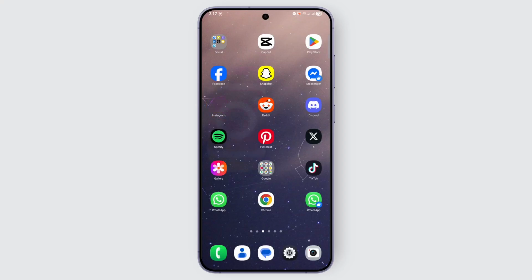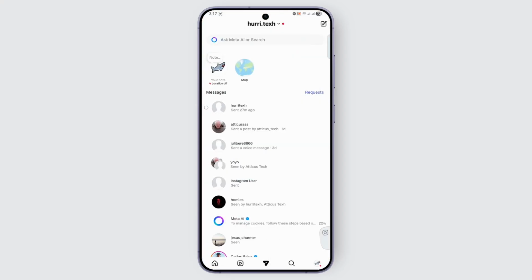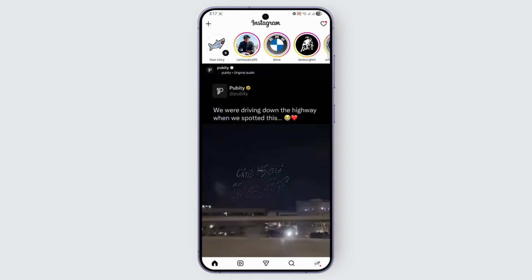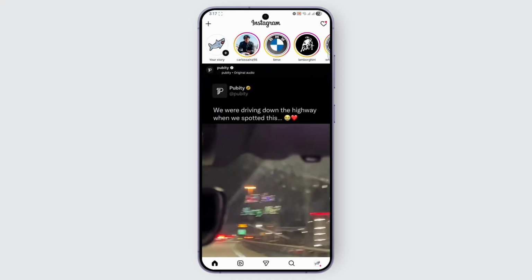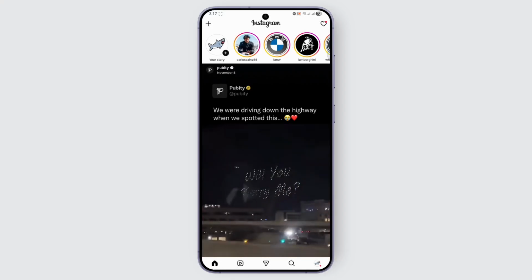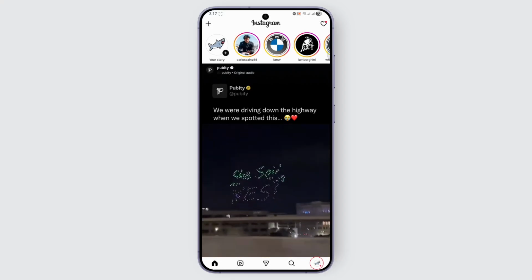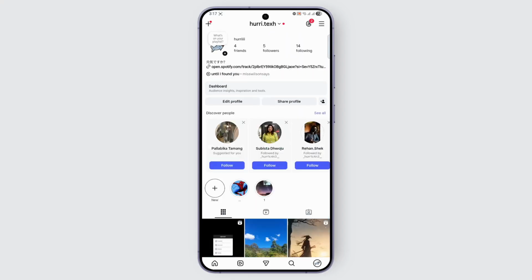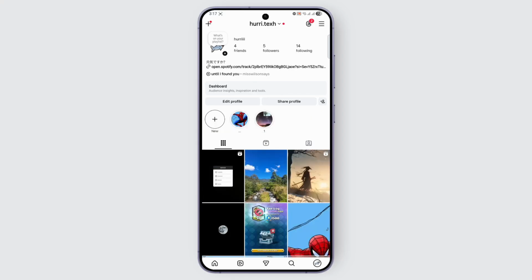Open up Instagram. Make sure that you are logged into your account. Now, if you are on the home screen, you can go ahead and tap on the profile button at the bottom right. And once you're here, all you need to do is tap on the three dots,